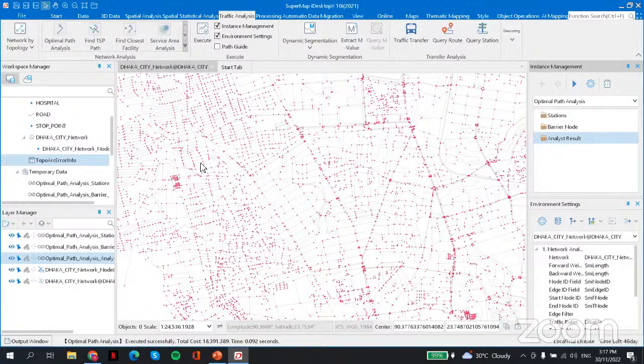So now we will do the TSP path analysis, where we're going to select the TSP file. Under traffic analysis, we go to the network analysis.